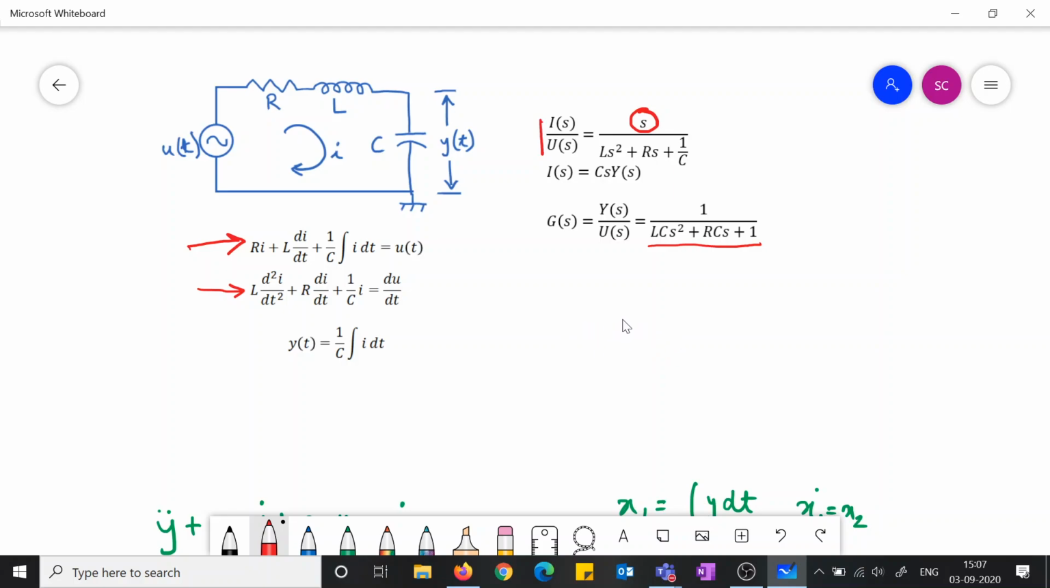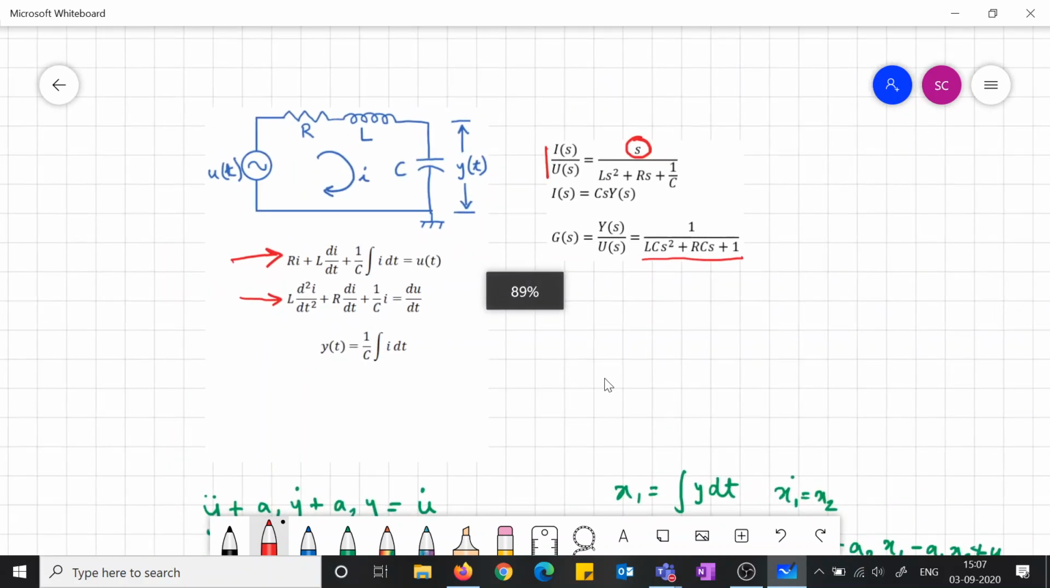Keshav, I think in the YouTube comment, he was pointing out that there is a mistake in the state space representation, but I again checked it. There is no mistake in that state space representation. So there in the state space representation,